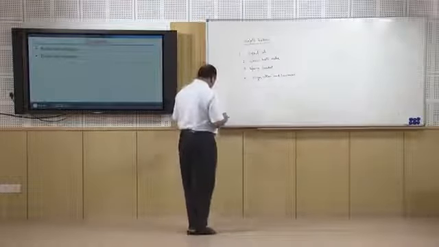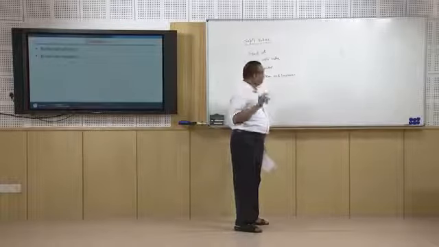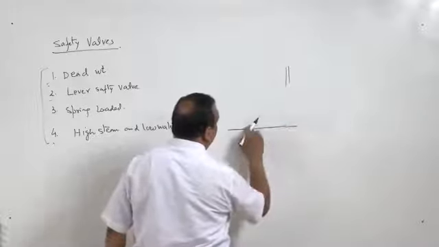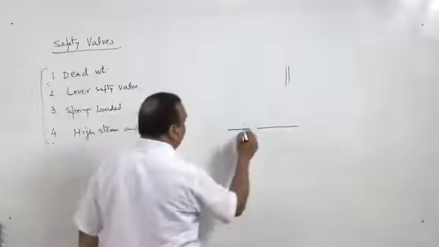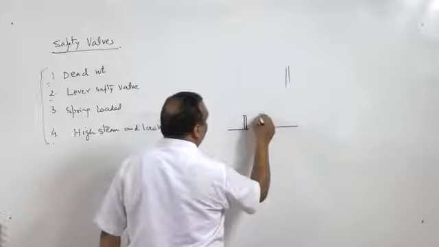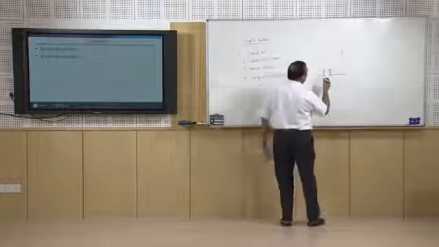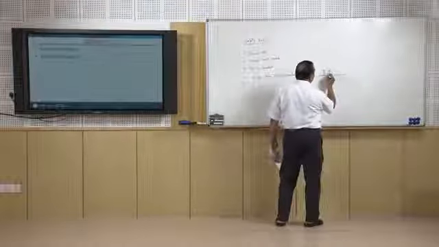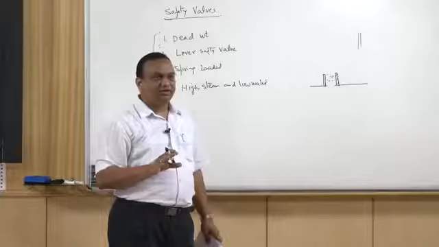Another safety device in the boiler is fusible plug. Now fusible plugs are very small in size, and they are used in fire tube boiler, and they are put on the surface of the fire tube, right, and these plugs are filled with fusible material, means the material which melts at high temperature, right. So when the temperature exceeds a certain limit, the material filled in this fusible plug melts and water enters the grate, and the fire is extinguished and accident is prevented.